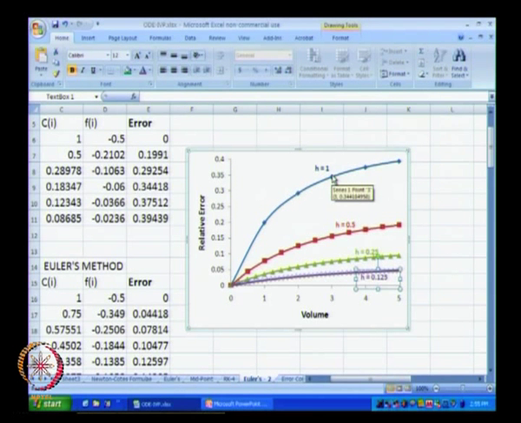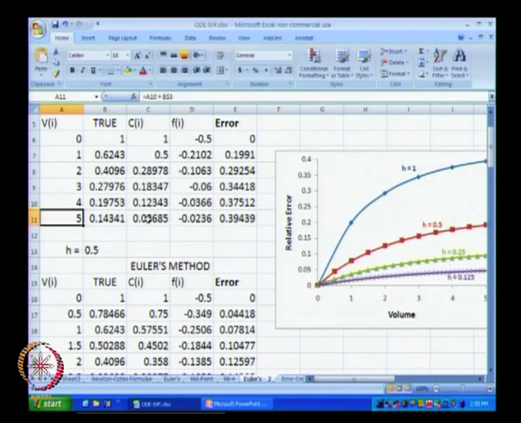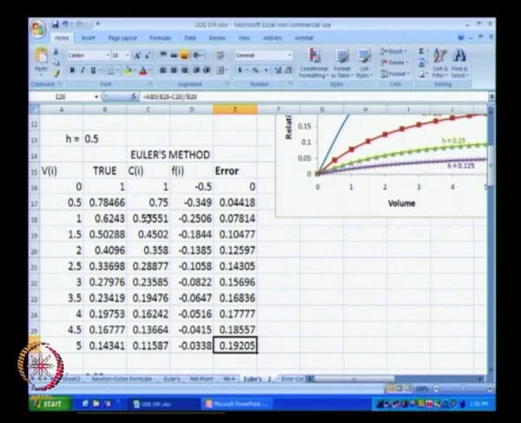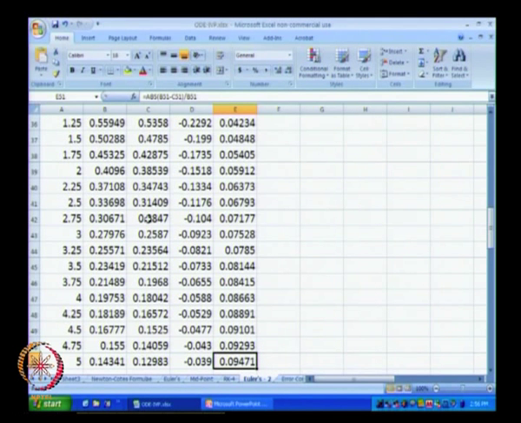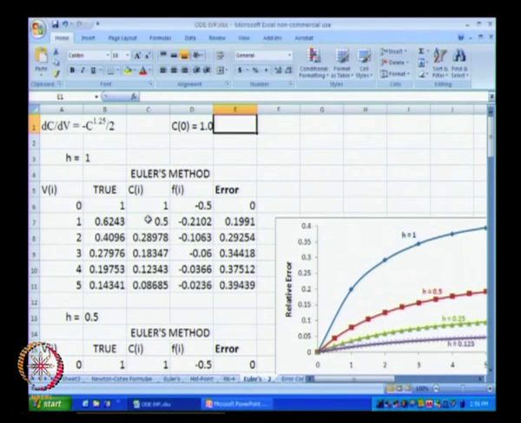So, when we go from h equal to 1 to h equal to half, there is this big jump, or this big decrease in the error. When we go from h equal to half to h equal to 1/4, the decrease in the error is half of what the original drop in the error was, and we can look at this when we see the results for volume V equal to 5. There is a 40% error for h equal to 1. For h equal to 0.5 we get the error almost at 19%, and for h equal to 0.25 we get error at 9.5%. So, we see that the error is approximately decreasing linearly as we are halving the h value.